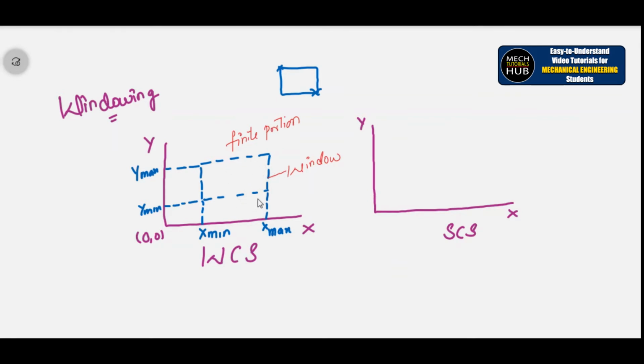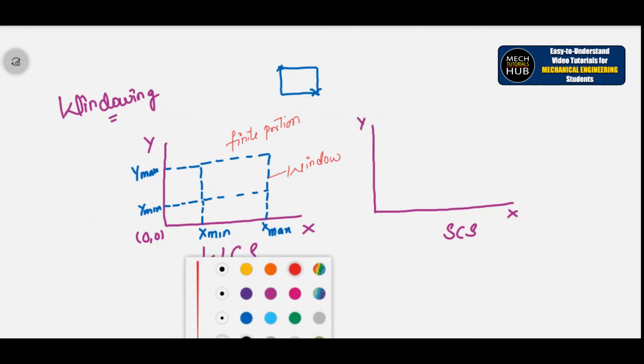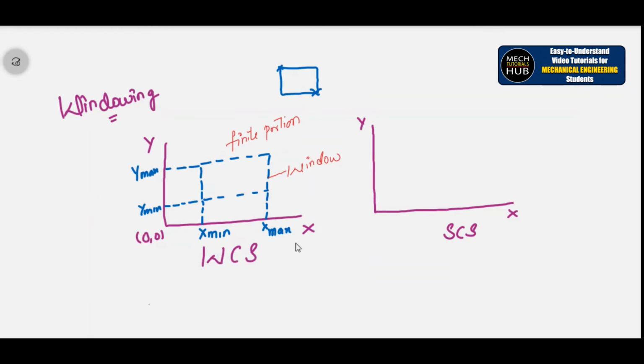Now when I drag a window, maybe some entities already exist on the screen. Let us imagine some entities already exist, so let me place a few lines. When I drag this window, I can see a line coming inside the window, a circle inside the window, and one more circle partially in and partially out of the window. There is also one triangle which is partially in and out. This is what happens when I randomly pick a finite portion.